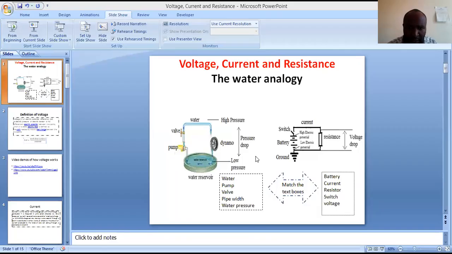So we will be looking at voltage, current, and resistance as our first topic of this unit. Now, I will start by giving an analogy that is related to these three electrical quantities, that is the voltage, the current, and the resistance. You can think of them in